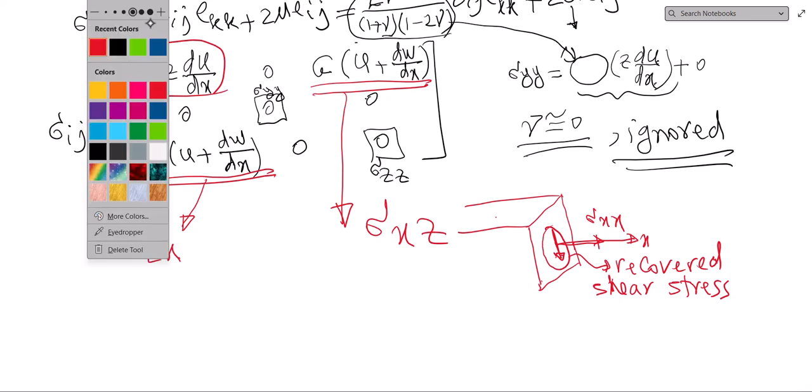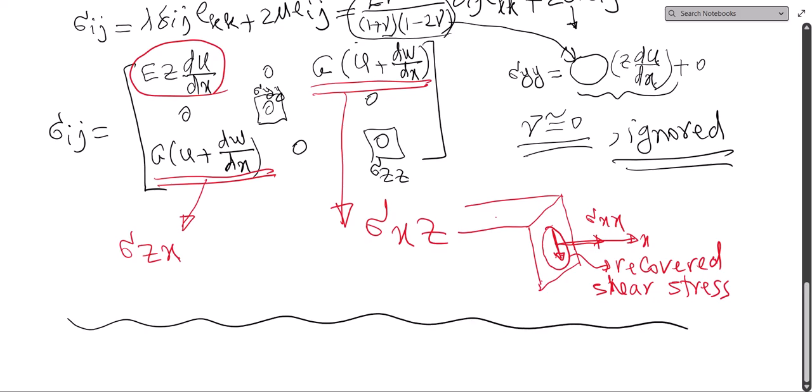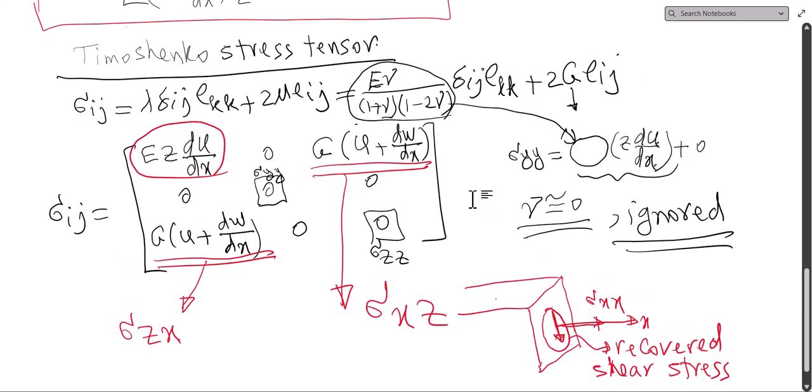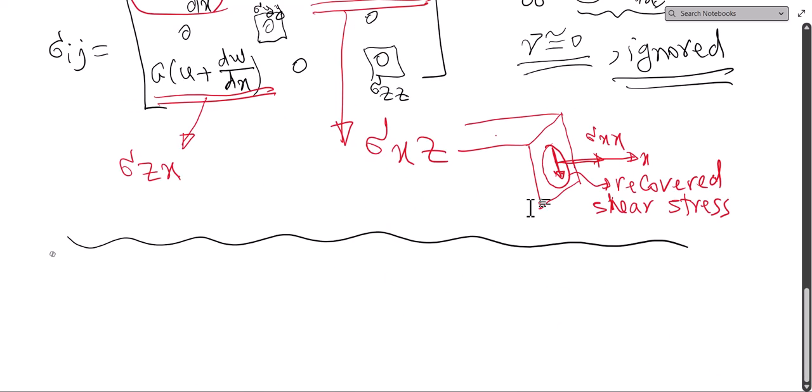I would like to point out here that this is better in terms of shear deformation consideration, at least. It is one level better than Euler-Bernoulli. But if you look here, this quantity is not a function of z. So this shear stress is not a function of z. So this is a constant shear stress along the section,